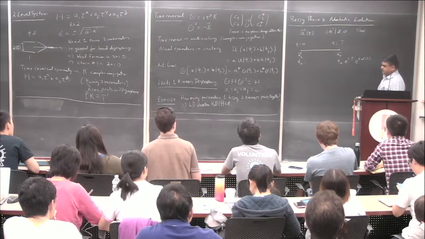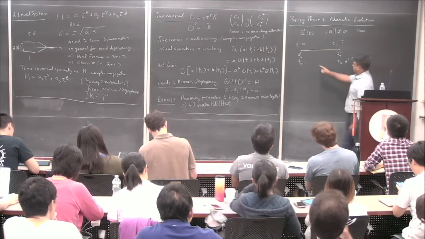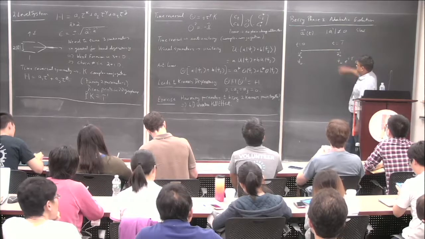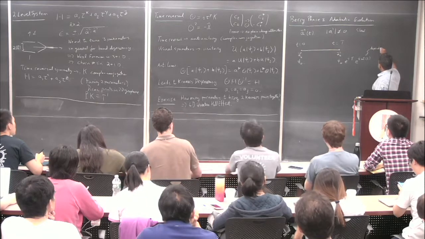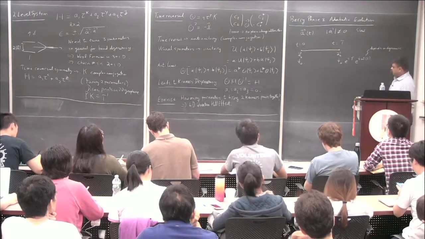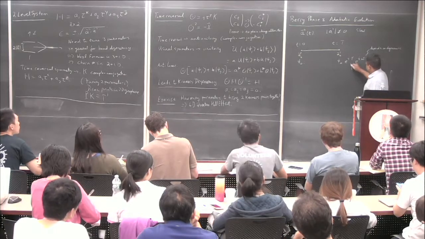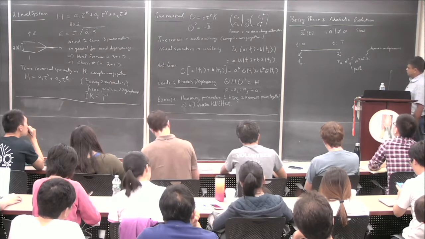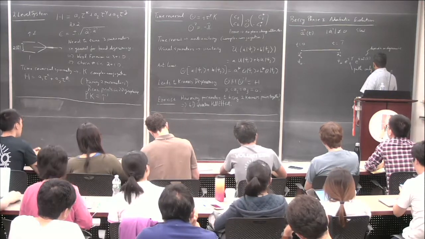And as you all know, this phase has two pieces to it. One depends on the time. It's a dynamical phase. The fact that you have some energy splitting, and that energy splitting varies, and you integrate that with respect to time, that gives you this dynamical phase. It depends on the precise way in which you got from here to there, all the details. But there's another one which only depends on the path. It's independent of how fast you go around, as long as you remain adiabatic. And that's the Berry's phase.